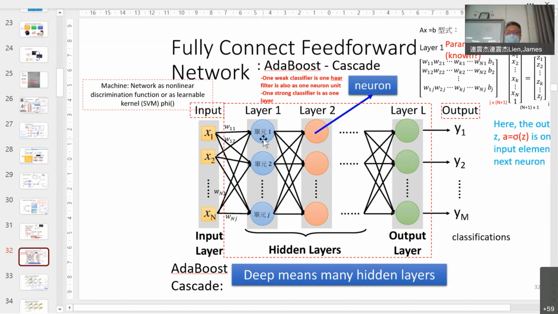It's impossible. So probably neuron 1 is based on the input, suppose input x1 to x10. Based on these 10 inputs, I do some discrimination. Neuron 2 is input 11 to 20. So suppose there are 400 inputs here; for each neuron, I separate into 10, 10, 10.